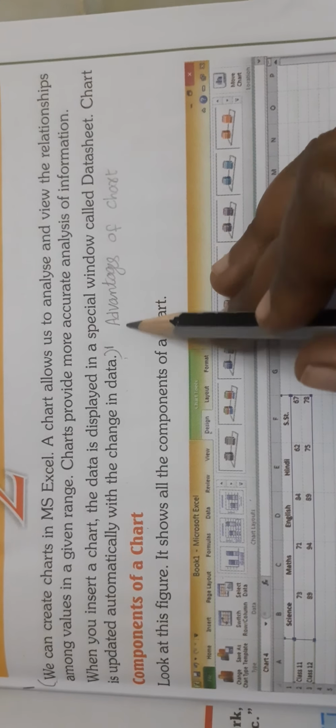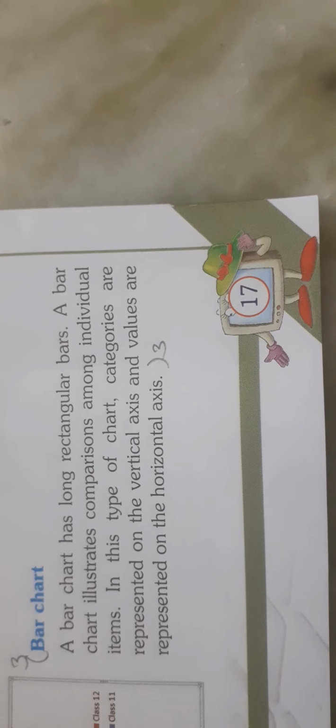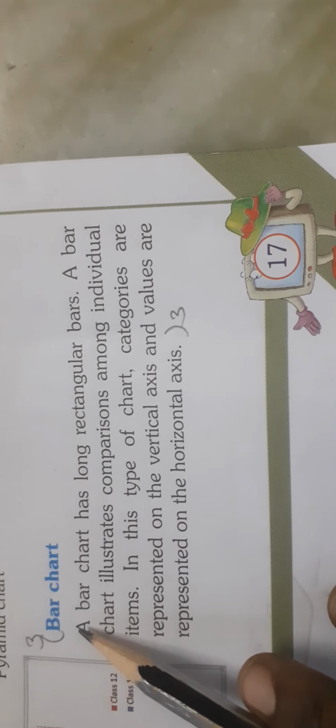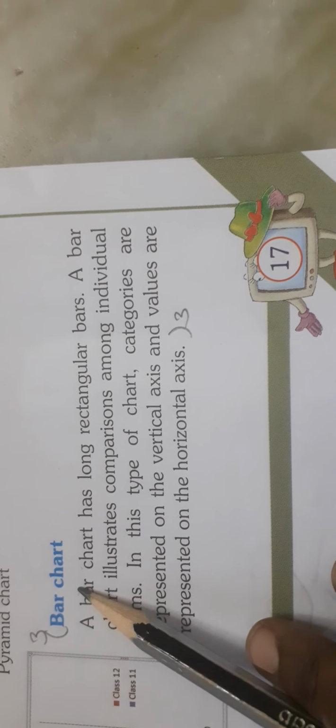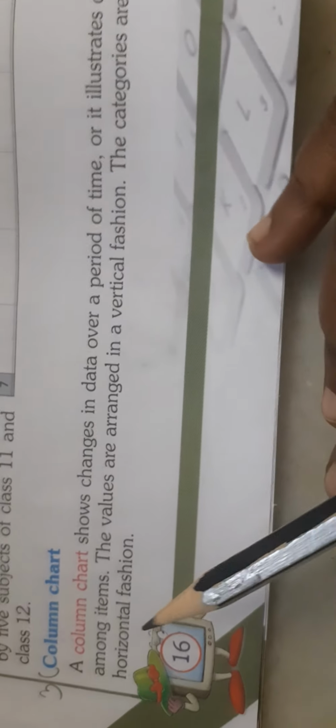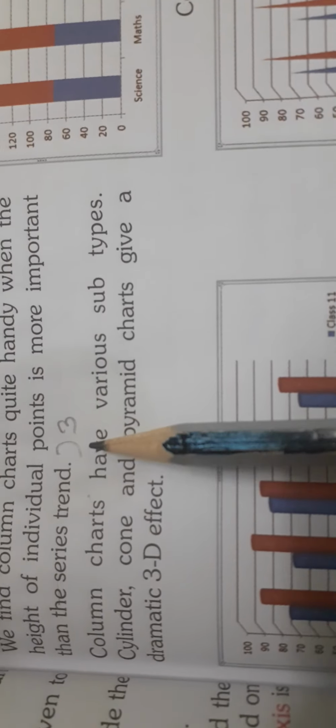After that there only not completed. Just we write we marked those there only column chart, and we have to write about bar chart also, no? Then see here page number 17 bottom, bar chart is there, no? From here onwards to horizontal axis. So what is the third question answer? Page number 16, from column chart onwards to in page number 17, then the series trend, and here bar chart onwards to horizontal axis.